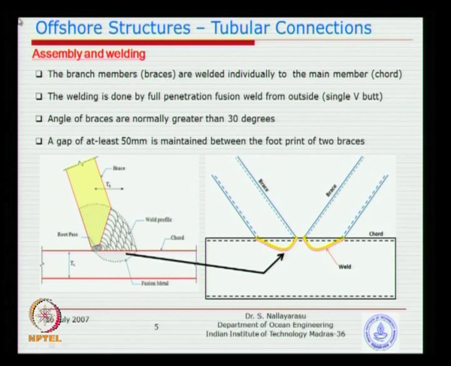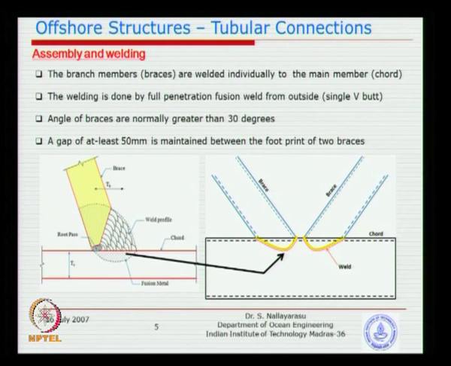So the basic idea is, assembly and welding are part of the fabrication. Basically what we want to avoid is a gap that is too large; the gap is to be kept small, we will see later, but not too small either. According to standard practice, we give a gap of 50 mm just for welding access, otherwise you will have a weld on the second weld.